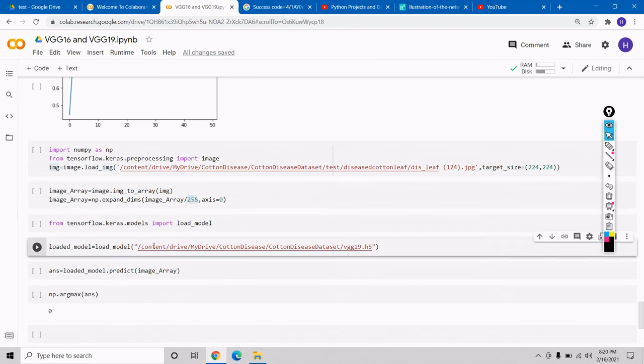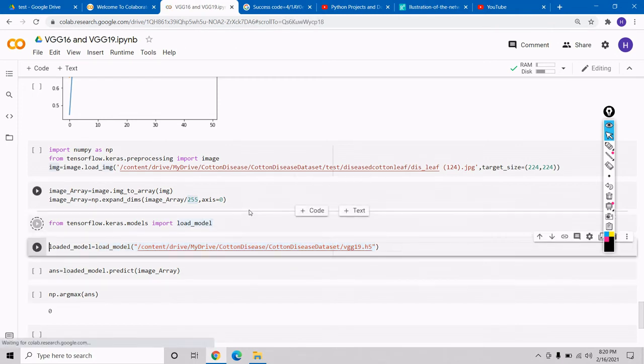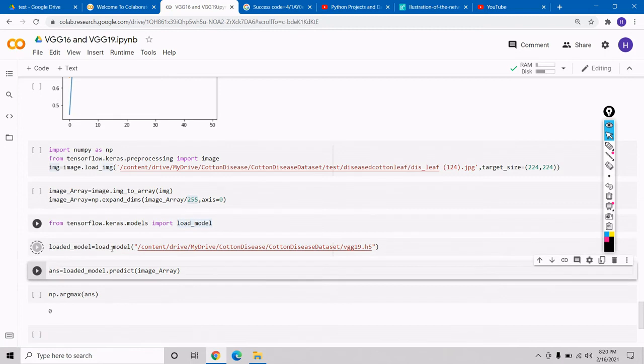After that we have to load our model VGG 19. Let me execute this first. Now our model is loaded.